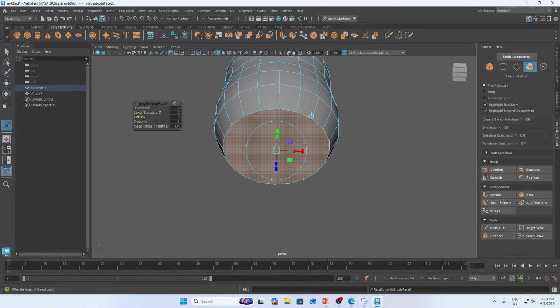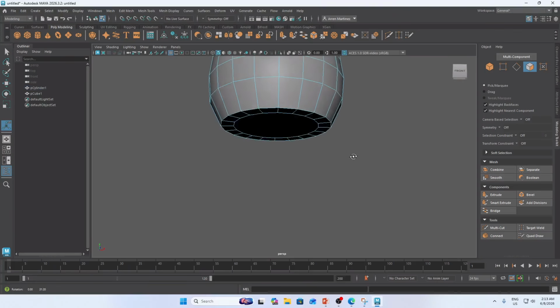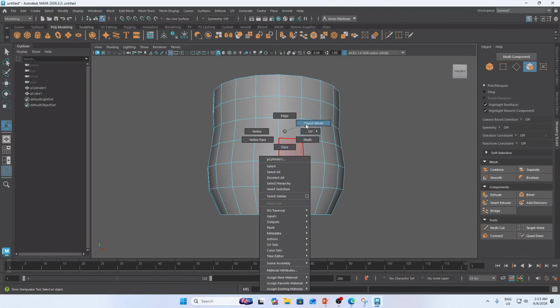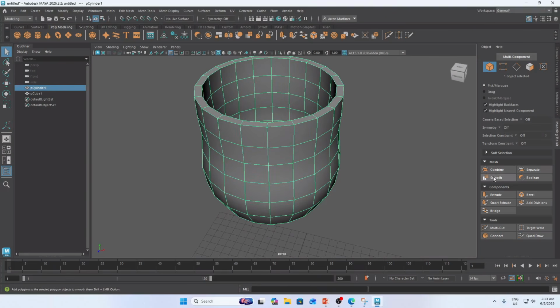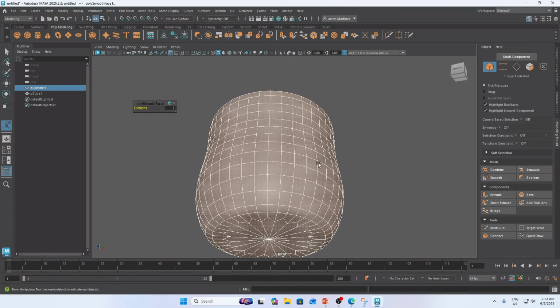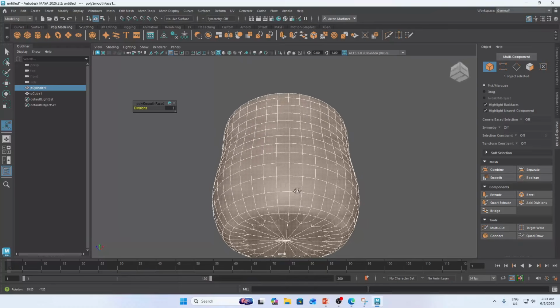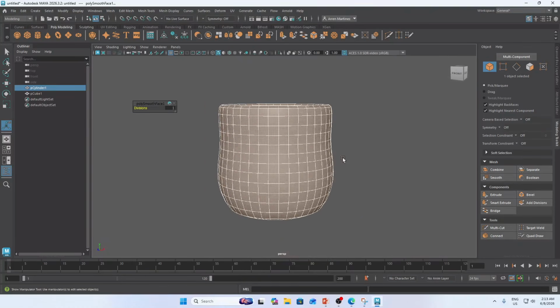In the offset setting, I will adjust its value. Okay, and in the object mode, I will click smooth, and yeah, I think this is okay.